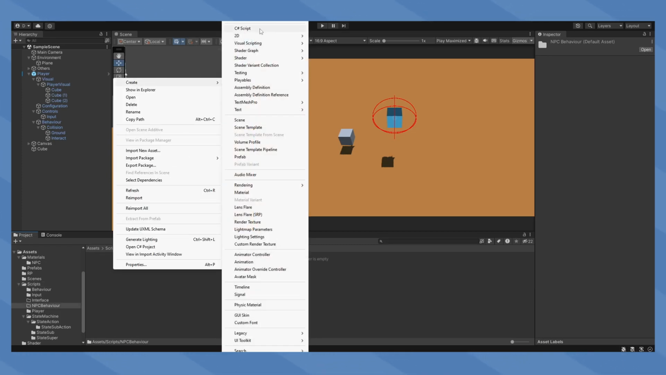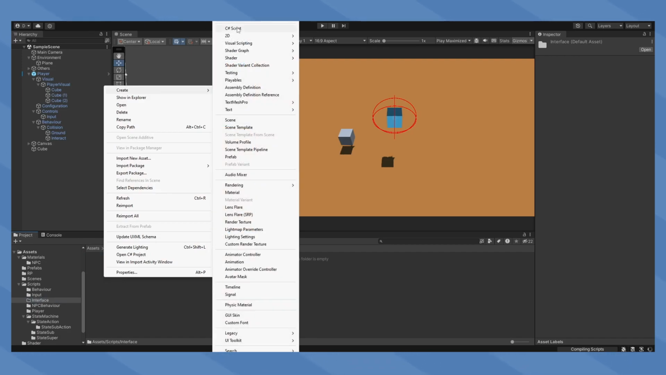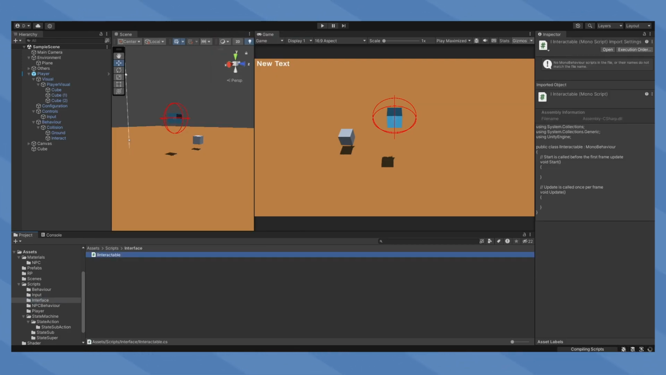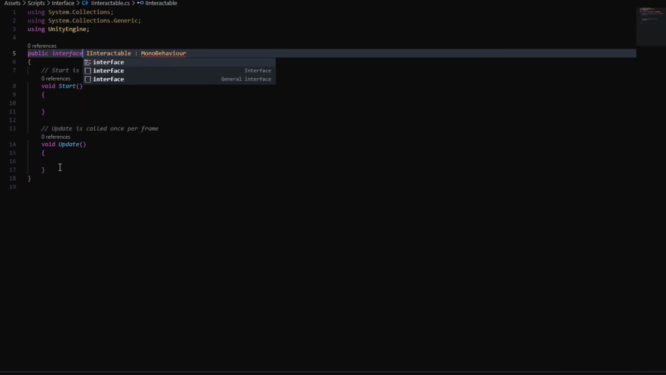Create a script which you're gonna call, let's do NPC, and in the interface folder create iInteractable. The I stands for interface, so make sure to include that here. Open up the iInteractable script and replace class with interface and also delete the start and update function as well